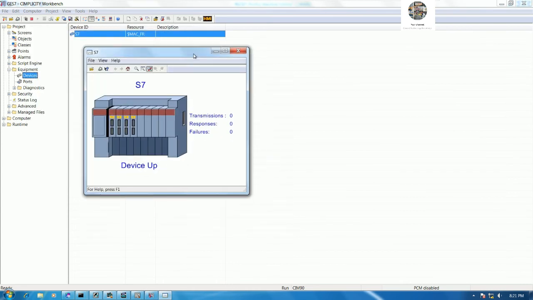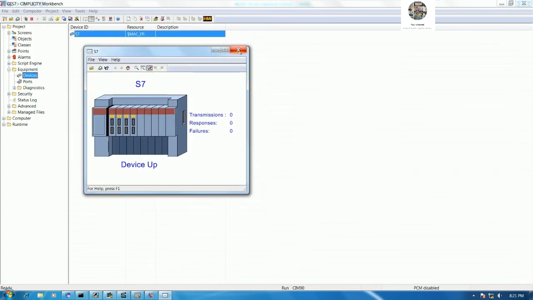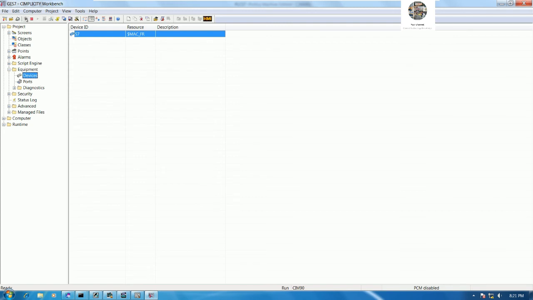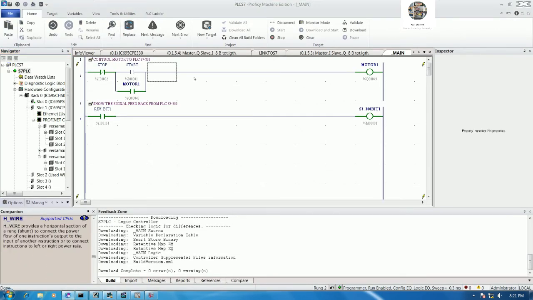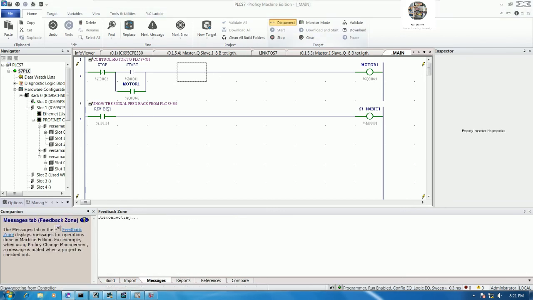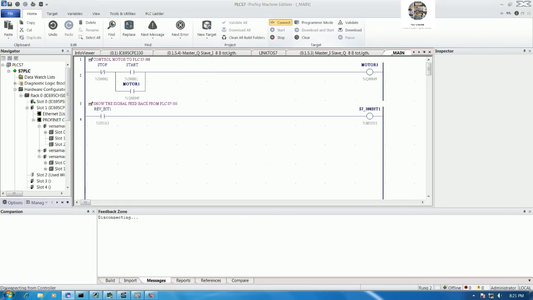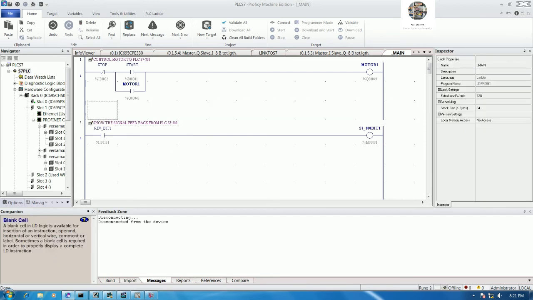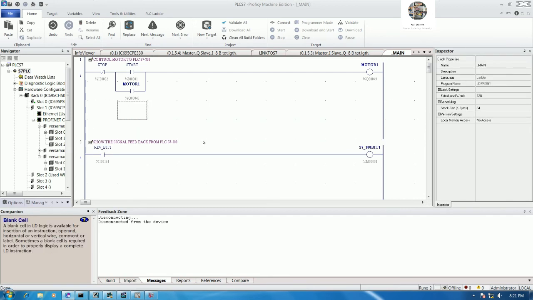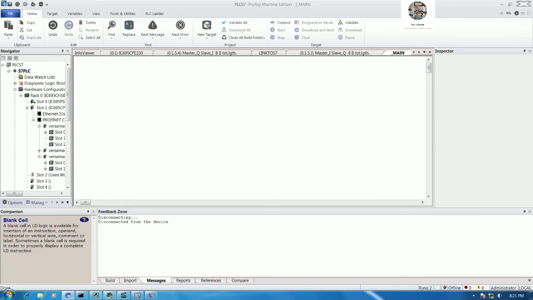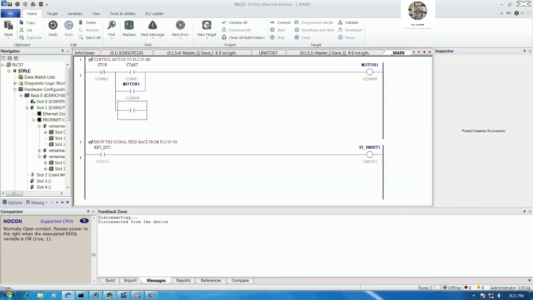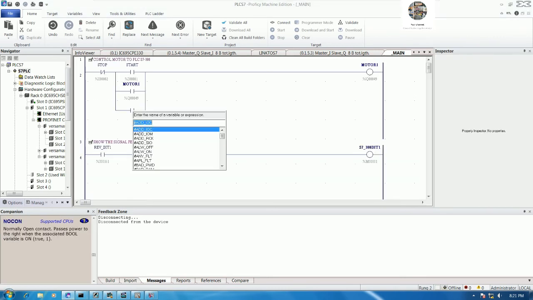Okay, right now device is up, so we can create the new text, right, for start and stop. For example here, we can use parallel with start. For example start